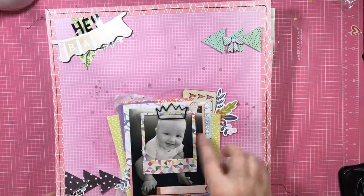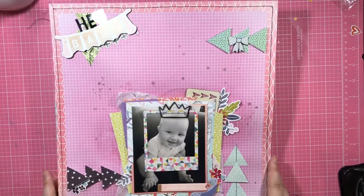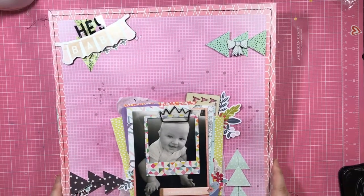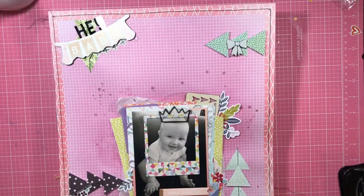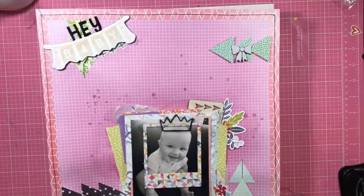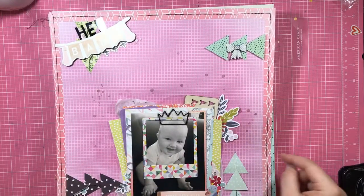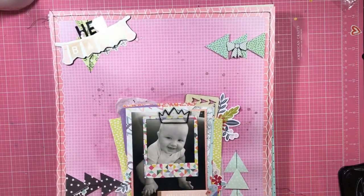This layering here, if you are part of the Secret Not Secret Kit Club, you would have seen that in my video for the March scrap party. So this is how I was able to use that layering onto a layout, just in case you were wondering and seen that. I did a tiny bit of tone on tone mixed media,